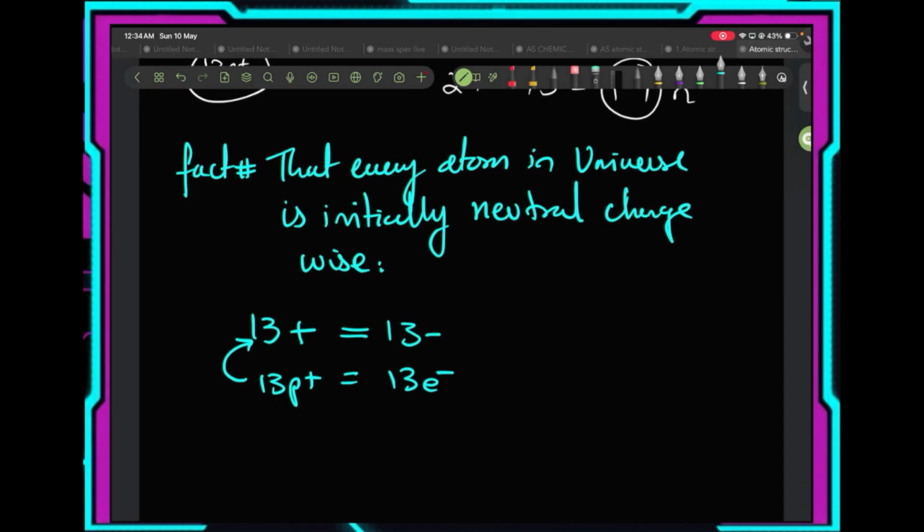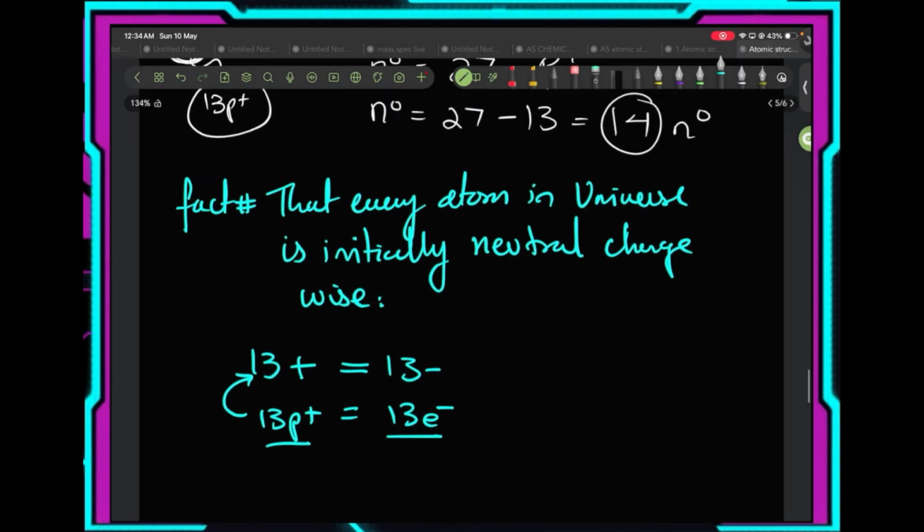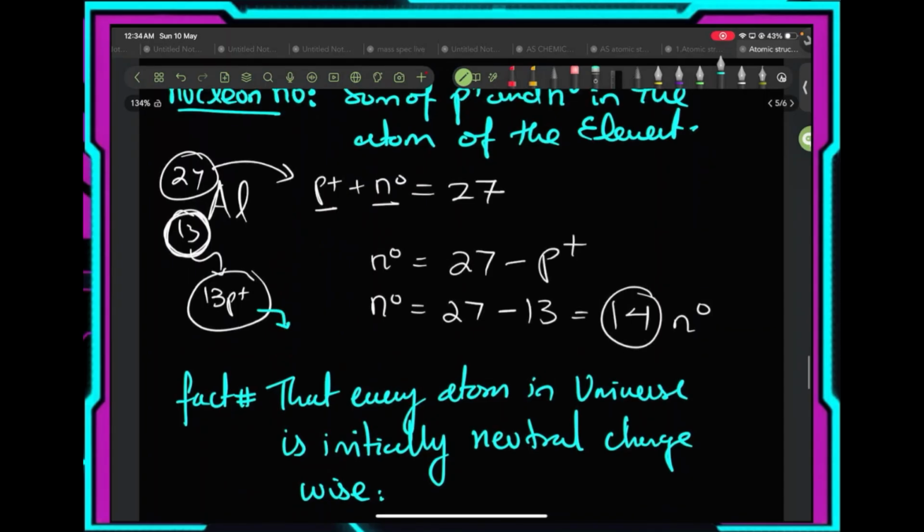That means it has the same number of protons and electrons in order to be neutral, because both of these are charged particles. So if aluminium had 13 protons, since it is a neutral atom initially, it would also have 13 electrons,